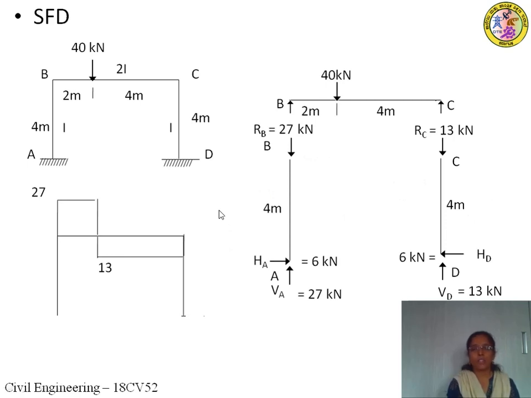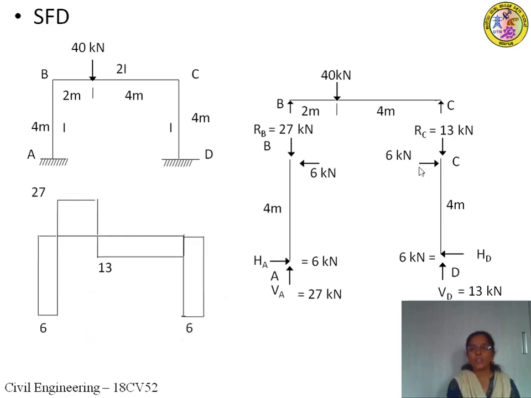As we have discussed in the previous sessions how to draw the shear forces for the vertical members, let us consider a force system which is in equilibrium. So we have assumed plus 6 and minus 6, so the summation will be 0. Now let us draw it for the AB member. This 6 and the HA, these two forces are inducing an anti-clockwise couple, therefore the shear force is negative. Therefore a negative shear force of 6 kilonewton is acting on the AB member.